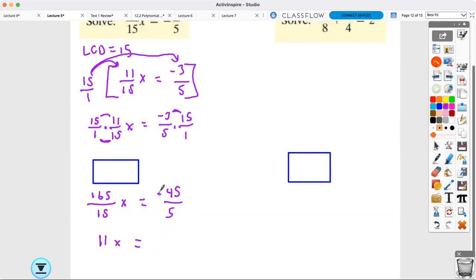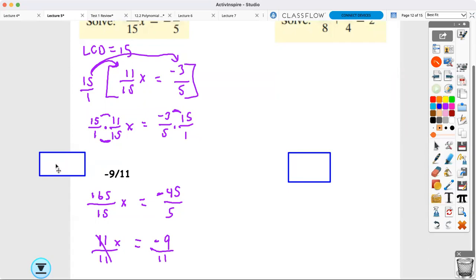Nine. What kind of 9 though? Because remember the 45 is a what? Negative. -9. Good. So now we solve for x, Nick. So what do we do, Nicholas? So how do we move the 11 over? You divide. Correct. And when we do it to one side, we do it to the other side. The 11s cancel and we get x equals